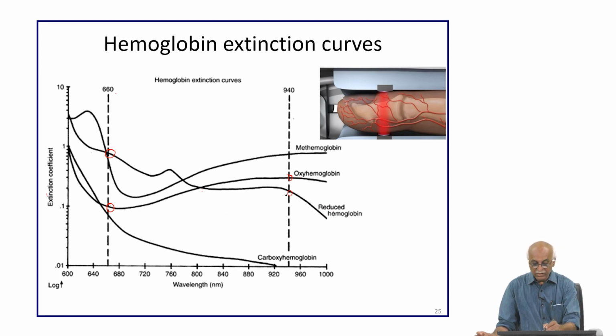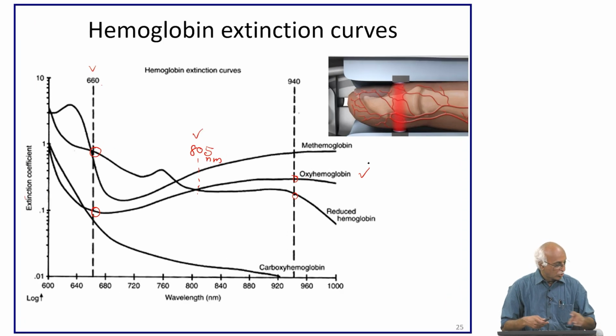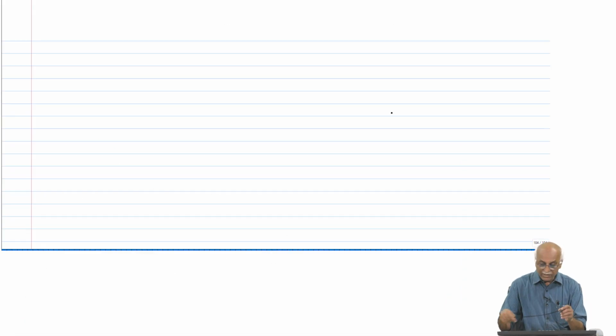So basically these wavelengths are used: 660 nanometer, sometimes even 805 nanometer, and 940 nanometer. These wavelengths are used to determine the concentration of oxyhemoglobin and reduced hemoglobin, and from there we can derive a saturation parameter. So basically there are two wavelengths that we use. Now let us say C is the total concentration of hemoglobin molecules,